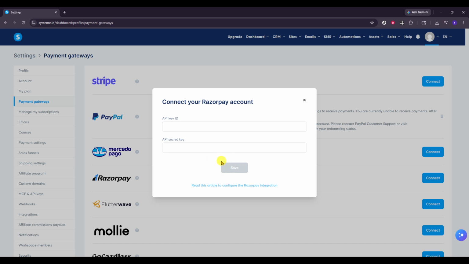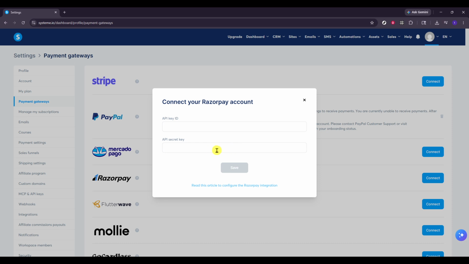A couple of helpful notes while you're completing the on-screen steps. Keep your Razorpay account open in a separate tab in case authorization asks you to confirm details. Ensure you have the correct owner or admin access, and avoid navigating away from the browser window until the process finishes. If you see any warnings about permissions, review them and proceed only when they match what you expect for